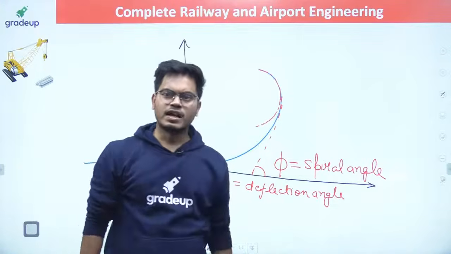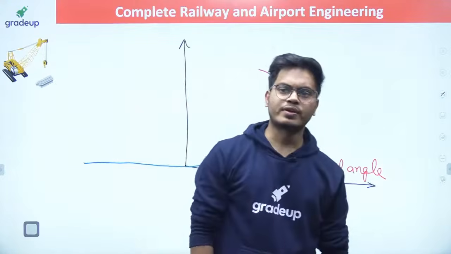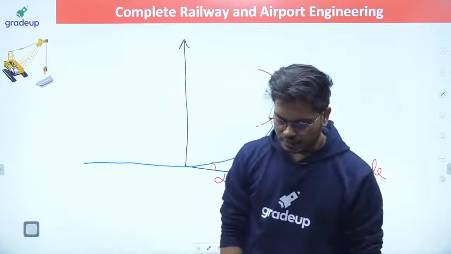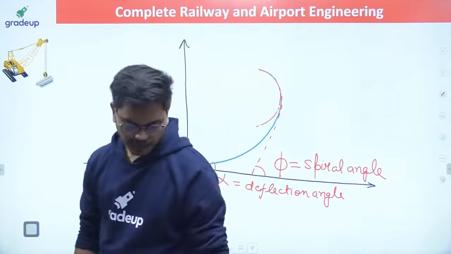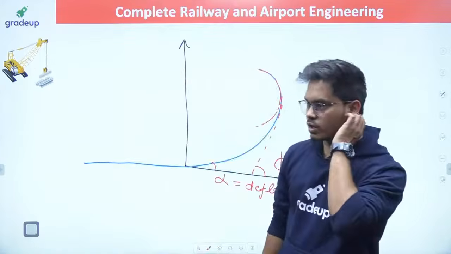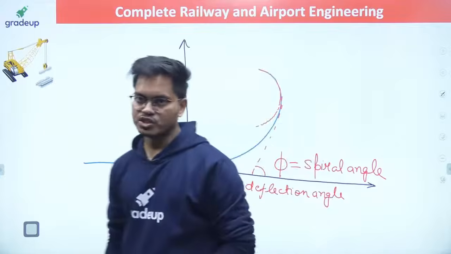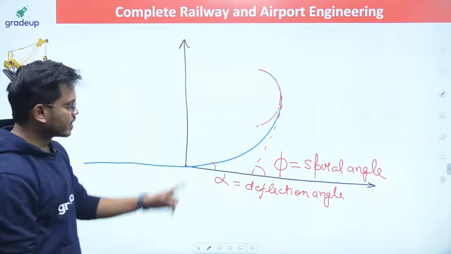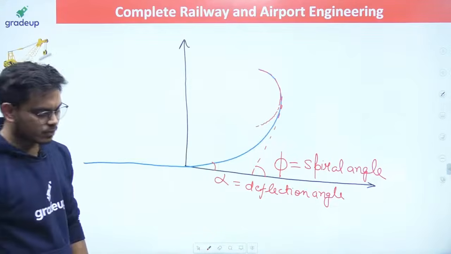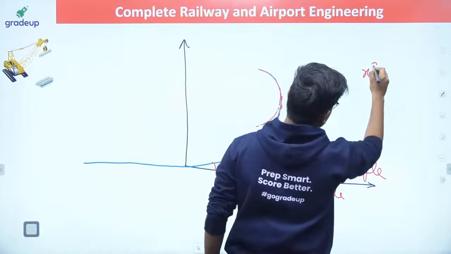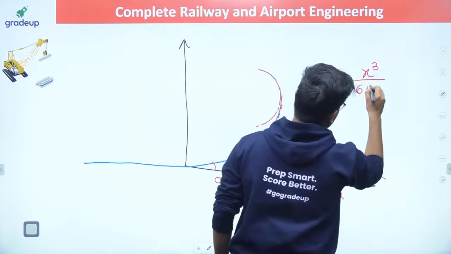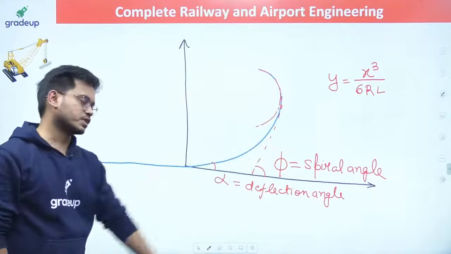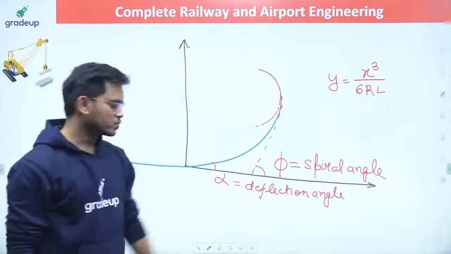What is the standard transition curve in case of railway and highway, and also the normally provided curve? In railways you provide a cubic parabola. There you provide a spiral curve in highway engineering. All right, this is the basic difference between these two. Here I'll be providing a cubic parabola. This blue color is showing you the cubic parabola, and the equation is this: x cube by. This is the equation for your cubic parabola. In case you want to know, this is the equation. So this is your spiral angle and this is your deflection angle.